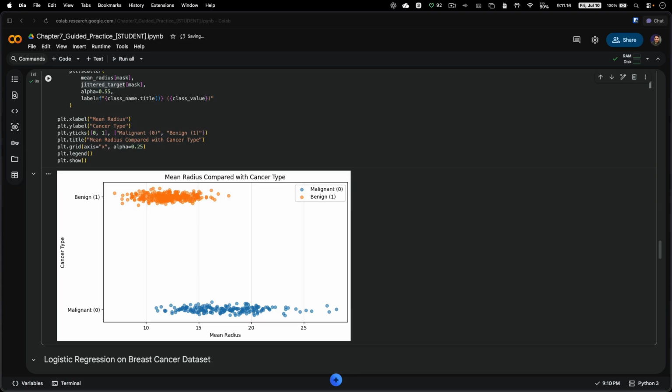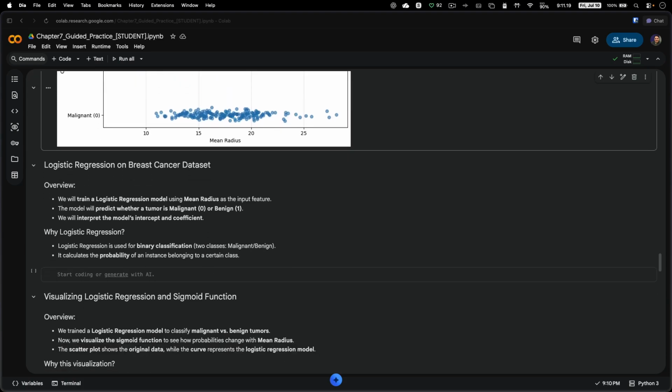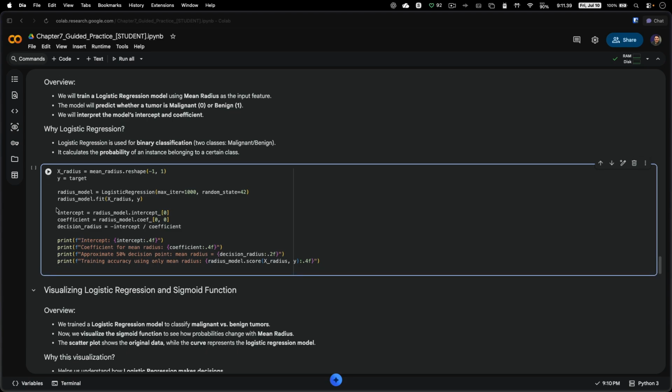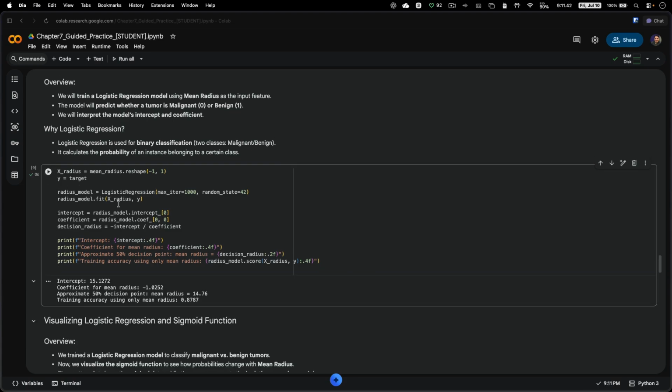So let's train a one-feature logistic regression model, right? For that, we reshape the mean radius into a two-dimensional feature matrix because it expects rows and columns, even when there's only one feature. So let's put those there. Then after we did that, we create the logistic regression model and fit it using the mean radius and the target label that we have right here, right? The coefficient is negative,